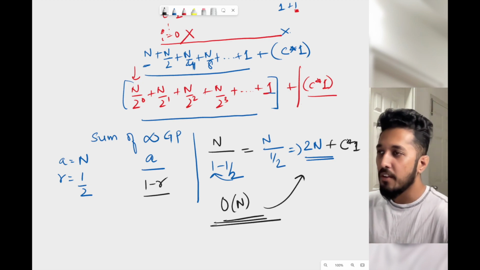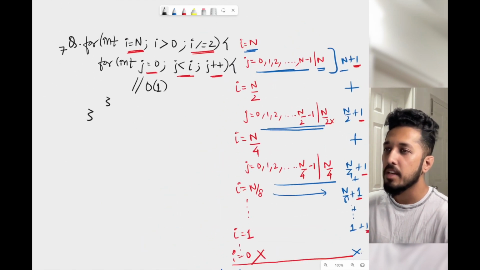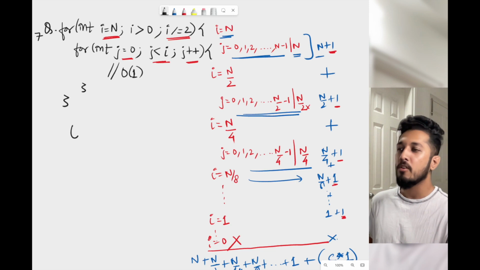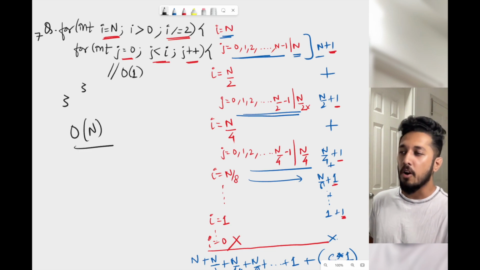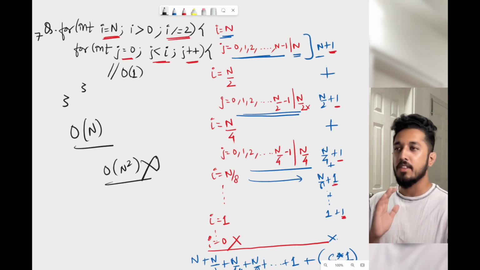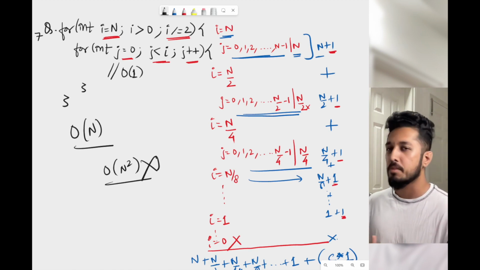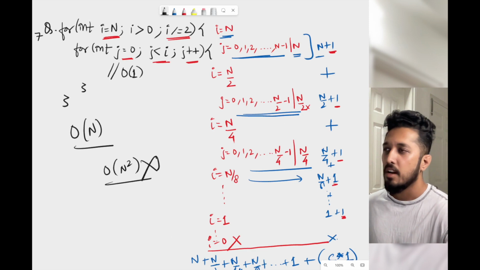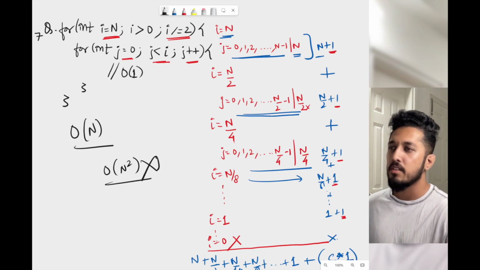No one would have actually imagined, just by looking at this particular code snippet, that the time complexity for this code is going to be big O of n and not big O of n square. That's why never keep this with yourself, that if there is one loop, big O of n, if there are two loops, big O of n square. That can be completely wrong. So this was a very important piece of code for which I wanted you to analyze the time, and I hope